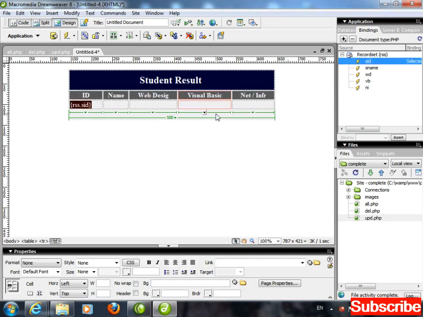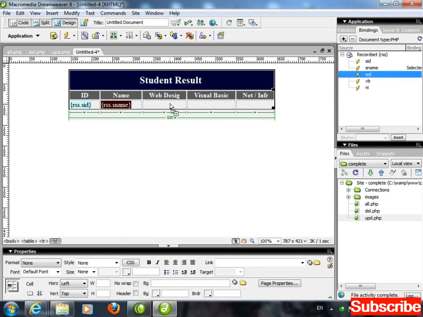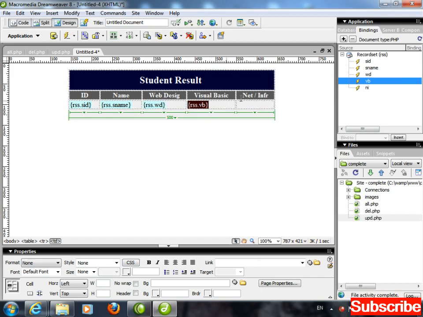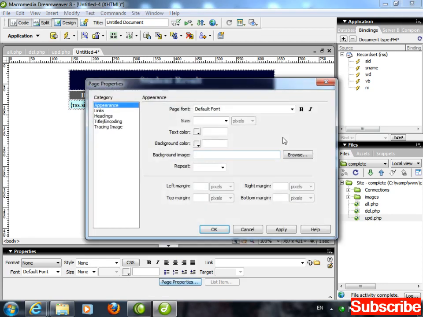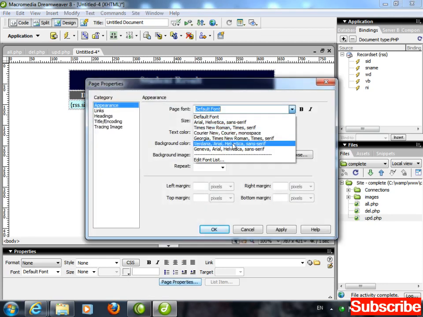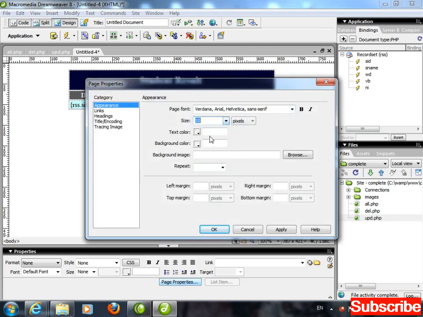SID drag and drop, SNAME drag and drop, web designing drag and drop, this one visual basic, and the last one network infra. Adjust the columns properly, and here it goes. Now apply page properties. Default font you are having Verdana, size 10, text color this dark blue color, left, right, top, all of them 0, 0, 0 and 0.